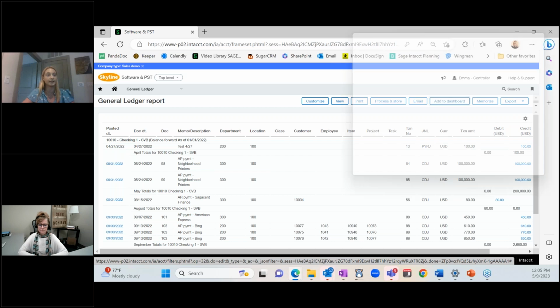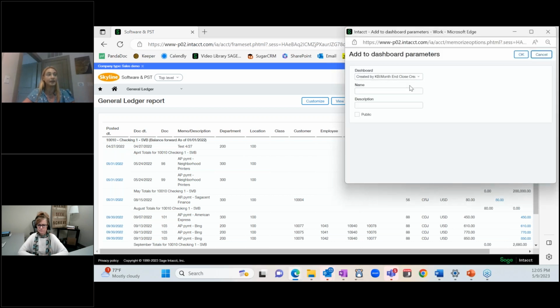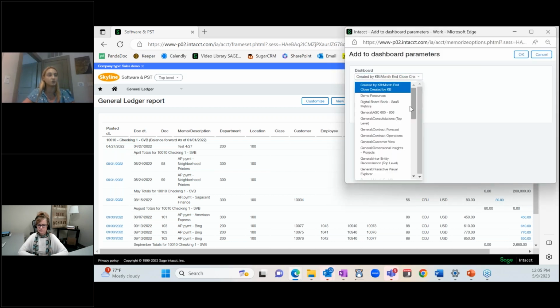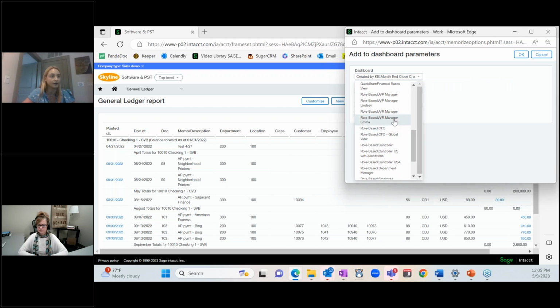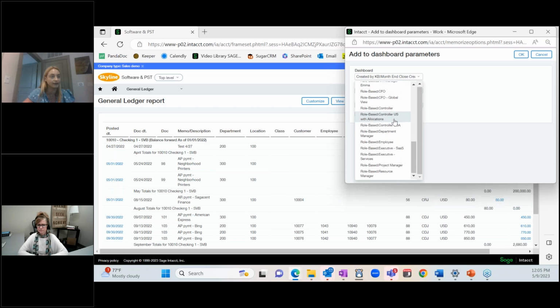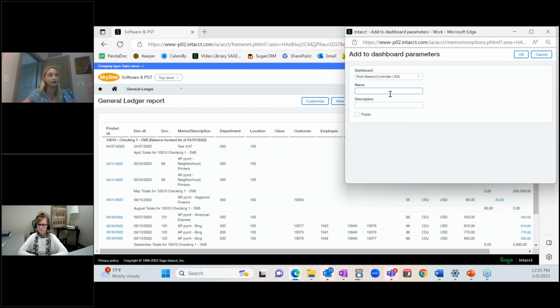So now that it's been run, I can add to dashboard. And I can go ahead and pick which dashboard I want it on. And I've got a couple out here, but I'm just going to pick, this is just a general ledger report for cash. So maybe we want it based on the controller USA. I'll put it there for now, and I'll name it GL Cash